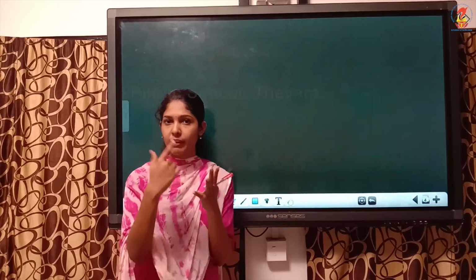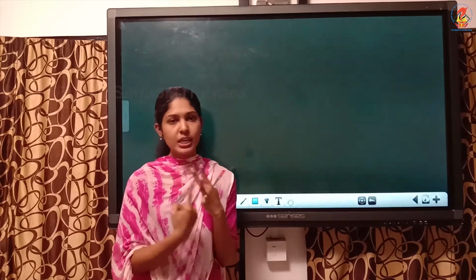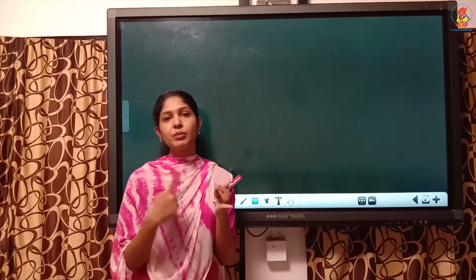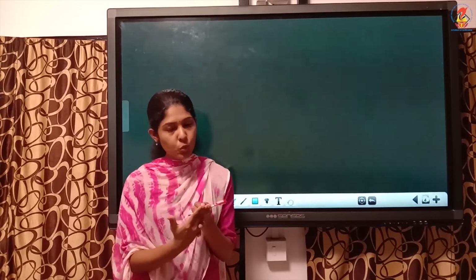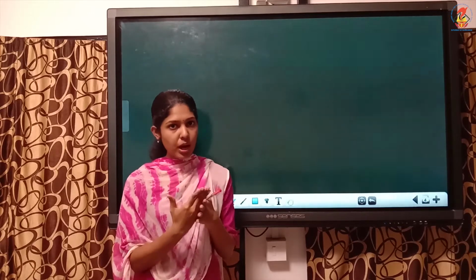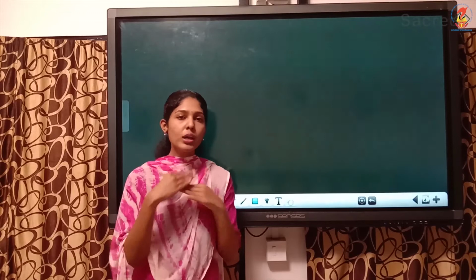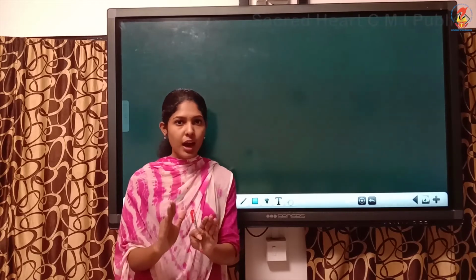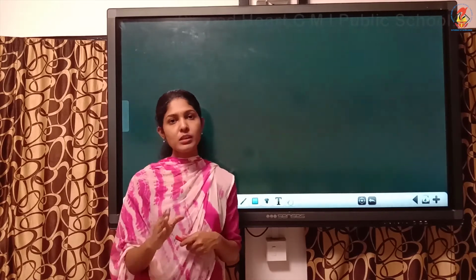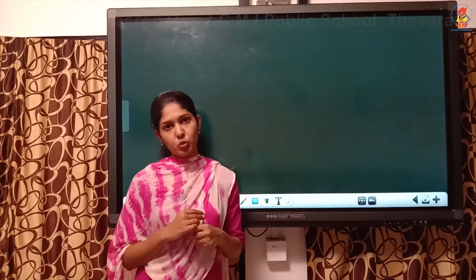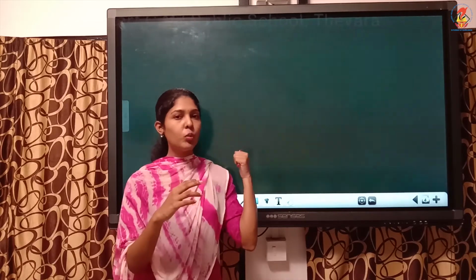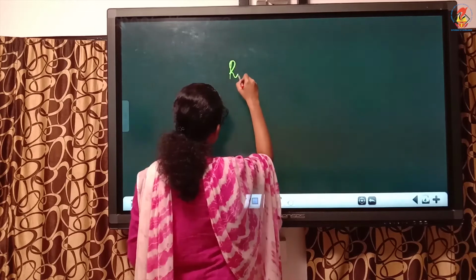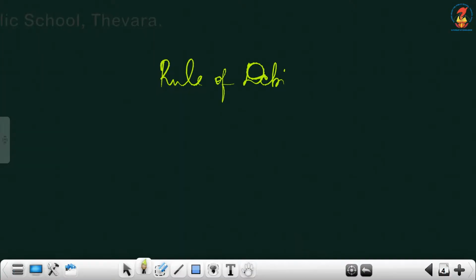Like examples, what all you can write, you write now. Examples can be machinery, building, computer, land, plant and machinery, land and building. Then intangible assets like goodwill, copyright, trademarks, software, computer software, all these examples. I mean examples for tangible and intangible assets you can write under real account, but exclude debtors because debtors come under personal account. And what is the rule of debit and credit for real accounts? The rule is that you write in a box. After that meaning and example, you write that rule of debit and credit.